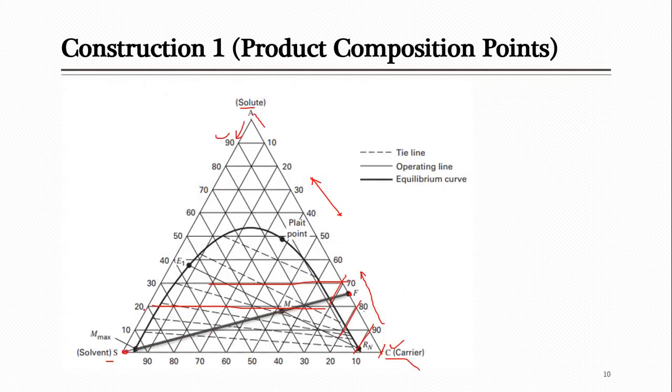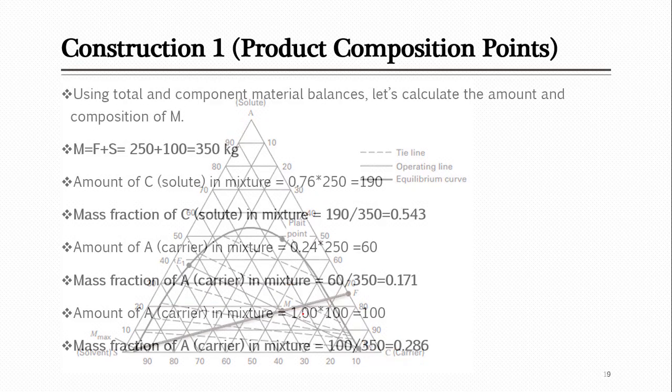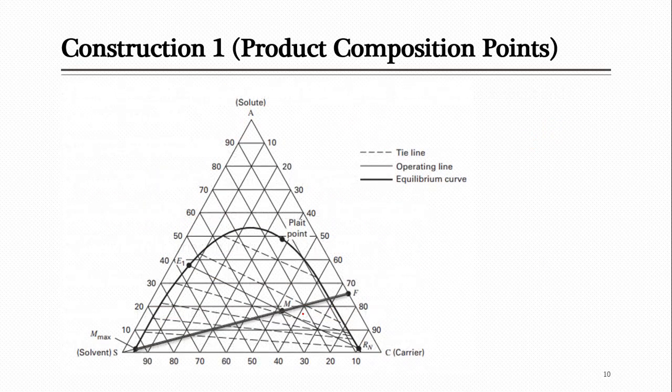You can see that this horizontal line of solute is actually 20%. So below that there will be 17%, where this point will be located, so below this 20 line there will be one line for 17%. Now we will look for the carrier, and that was 54%. For carrier you can see this line is 50 and then there is 60, so in between them there will be a line passing from here, exactly 54%. So it will cut the 17% line here.